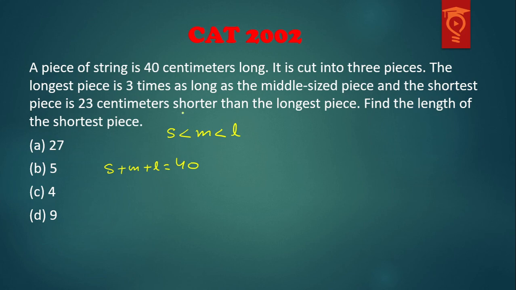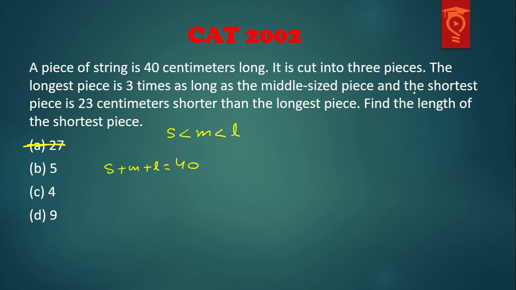So this is what we do when we read the question. We start making equations and hence we avoid any idea that could generate in our mind other than equations. So let us put all this aside and let us first try out the options. They ask you the length of the shortest piece. How can the length of the shortest piece be 27 when all the lengths combined, the string was 40 centimeters long? So 27 has no chance. That is the most stupid option. Now, among 9, 4 and 5.